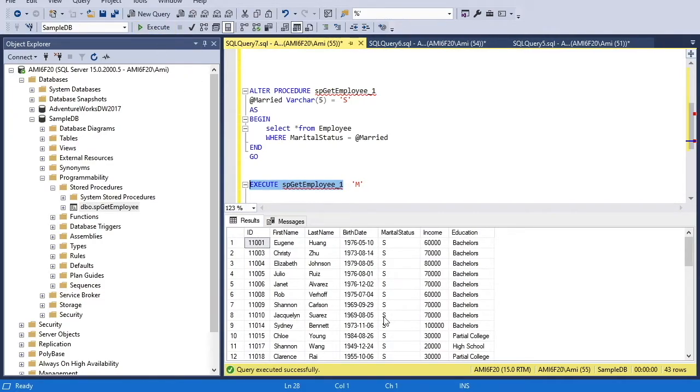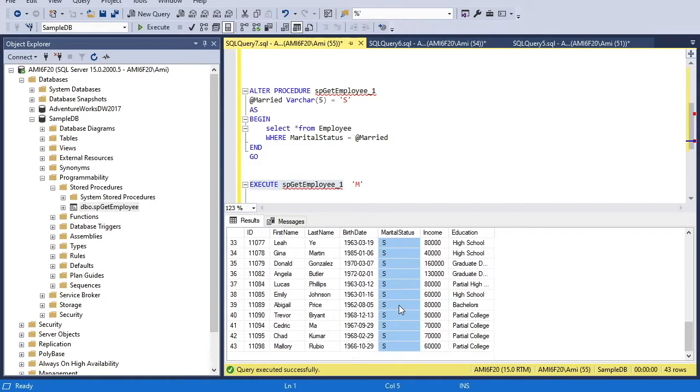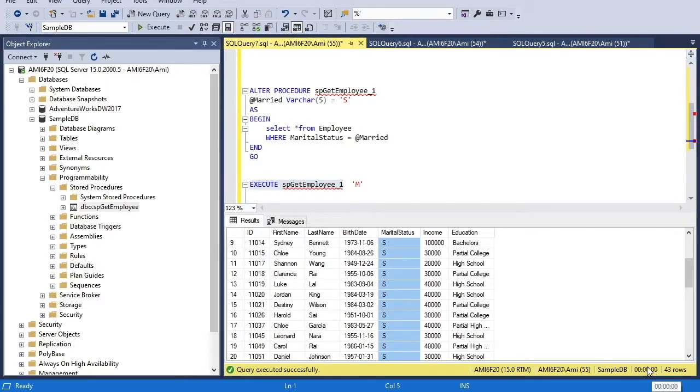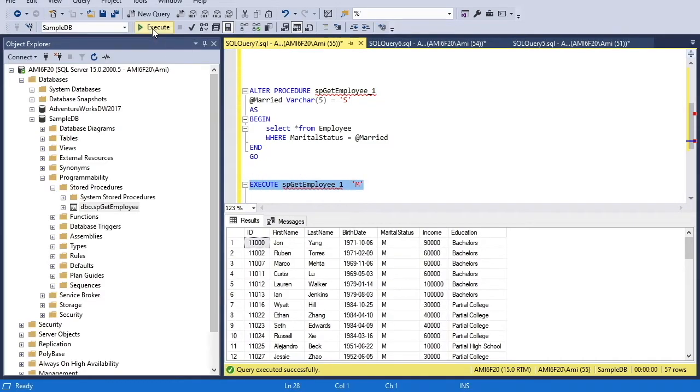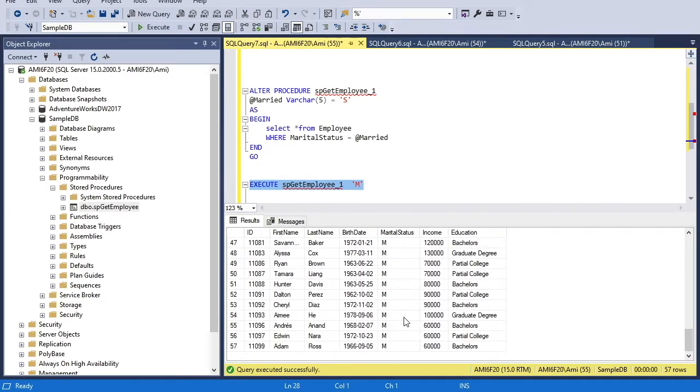You will see this time the statement is not giving any error of a missing parameter and it is executing for marital status value S only, and the total record count is 43. And if I pass a parameter, then it will take it and execute based on the given parameter. So this time all employee records for marital status M only.